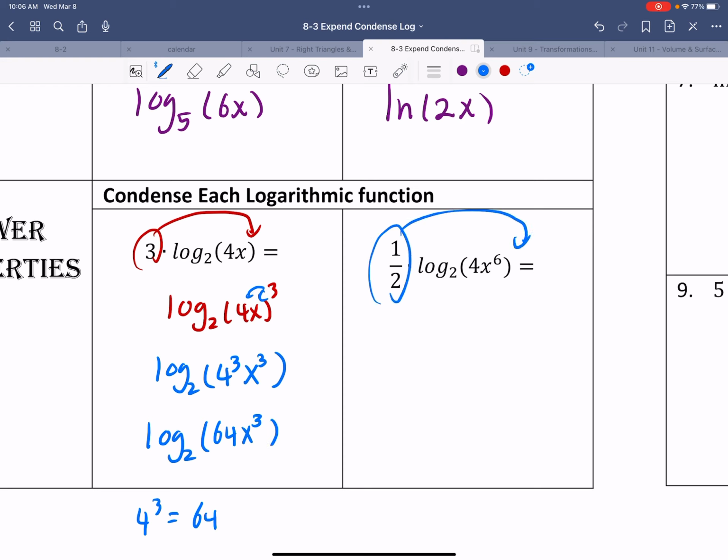Same thing here. You're gonna put it here. So it's gonna be log base 2, 4x to the 6th power, all to the 1/2. And when you distribute,